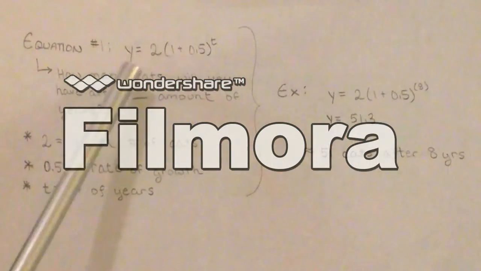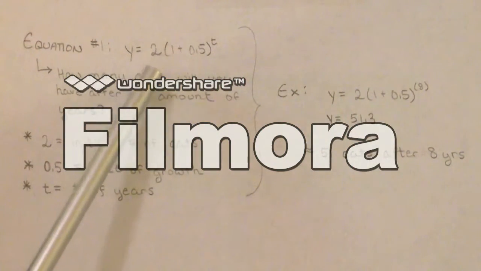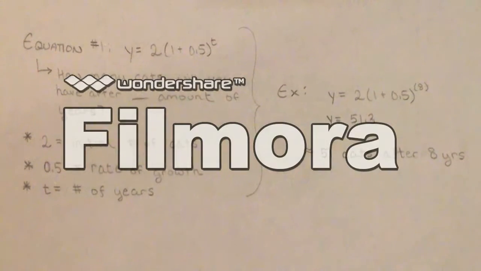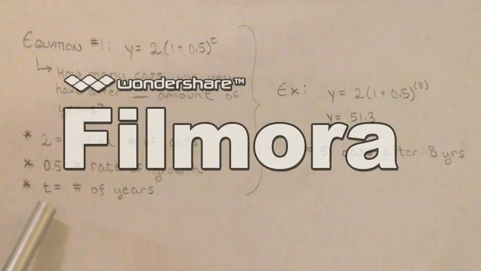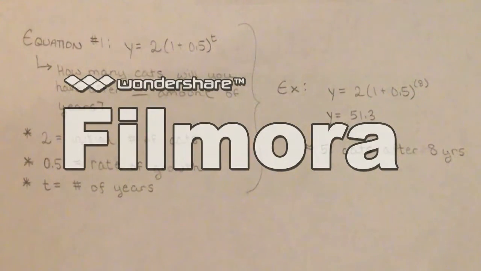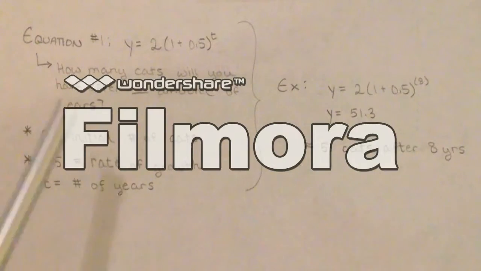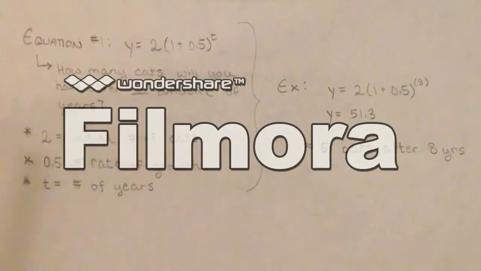To the lab. Our first equation is y equals 2 times 1 plus 0.5 to the power of t, where 2 is the initial number of cats, 0.5 is the rate of growth, and t represents the number of years passed. The equation will answer the question, how many cats will you have after any given number of years, by